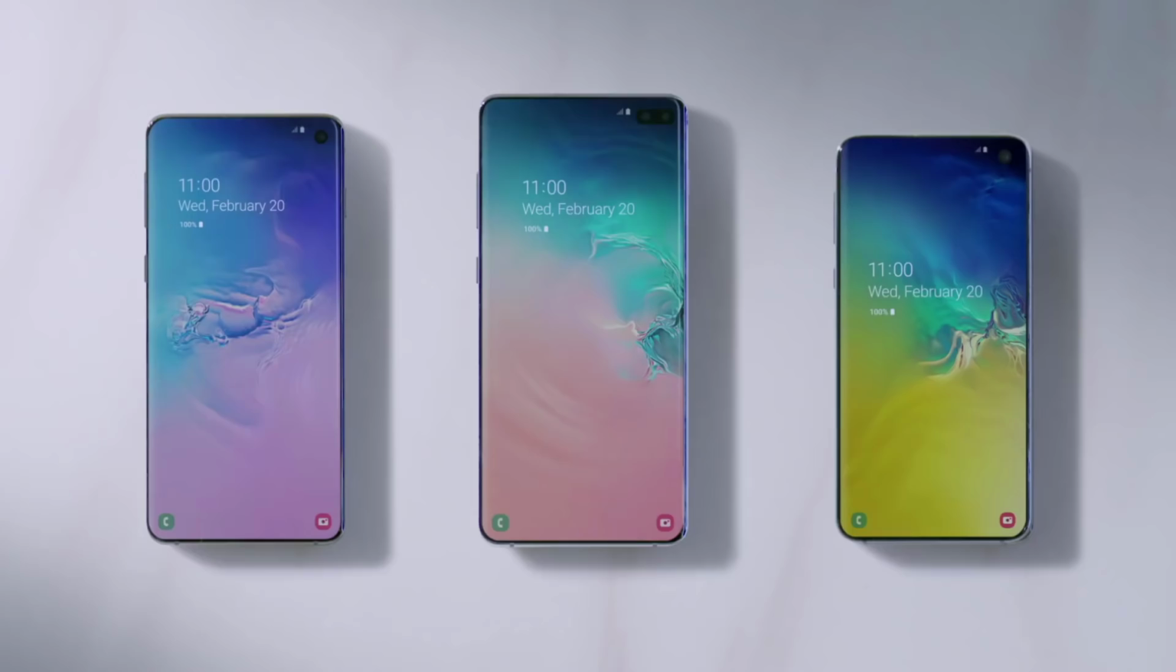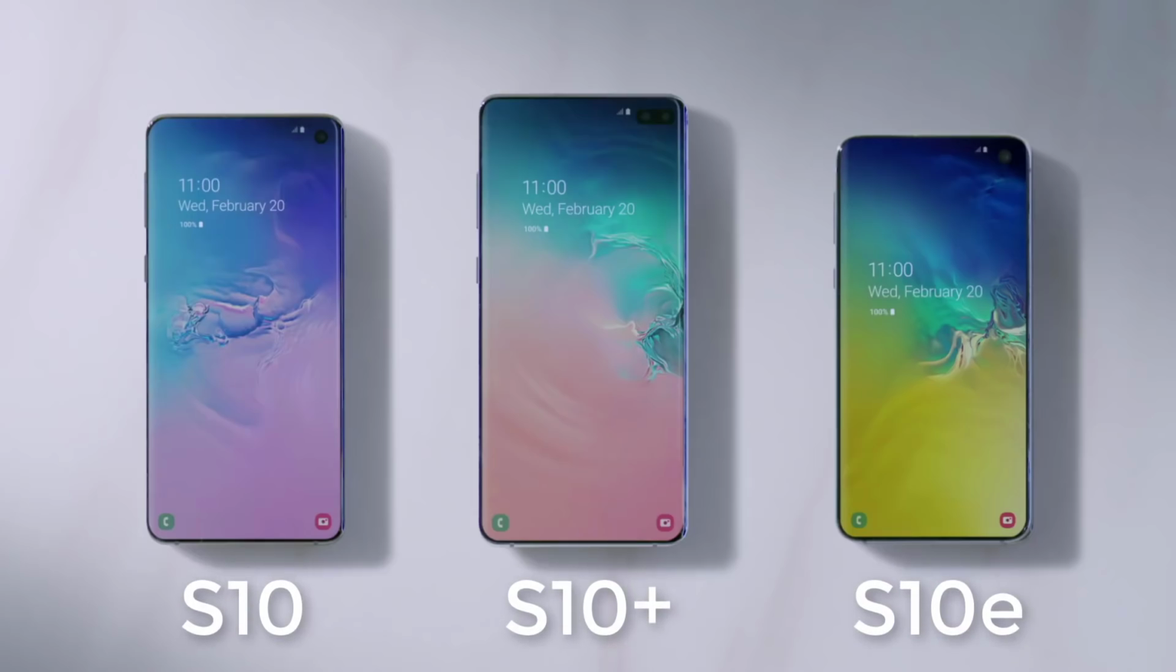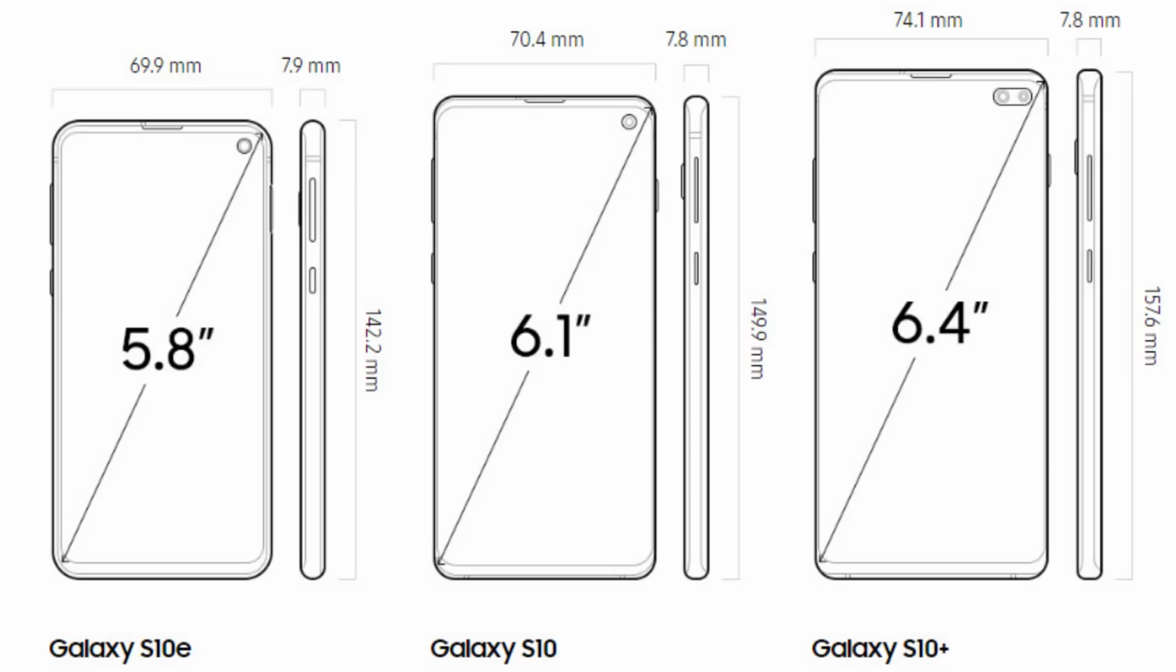Now let's move on to what you get extra on the S10 and the S10 Plus. And it's actually a very short list. Number one, you get larger displays on the S10 and the S10 Plus than the S10e. Okay, so the S10e has a 5.8-inch screen, the S10 has a 6.1-inch display, and the S10 Plus has a 6.4-inch